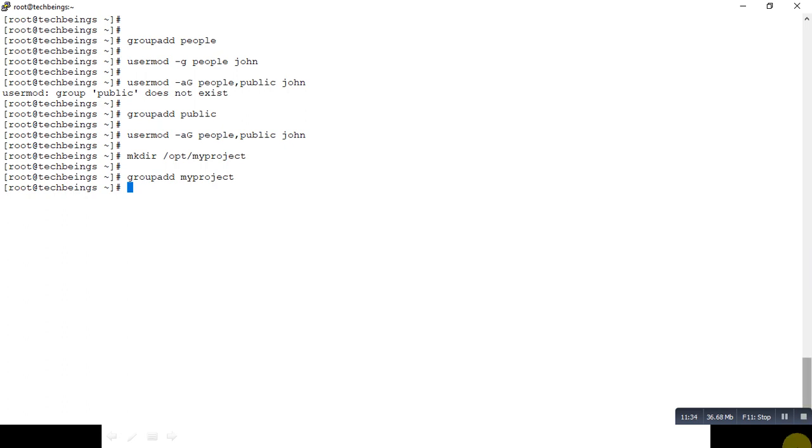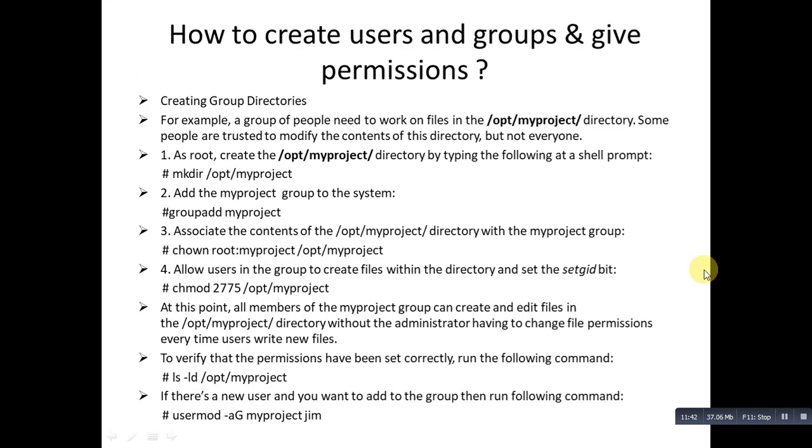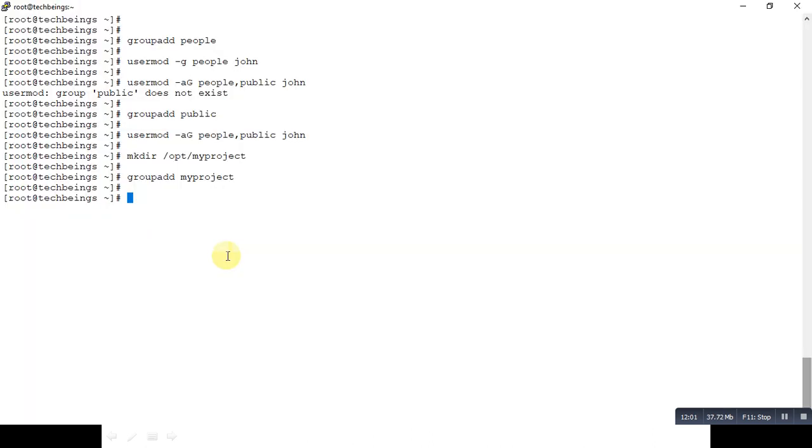Now that the myproject group is added and the /opt/myproject directory is added, I want to associate both. So I will run the command chown, that is change owner, root, then the myproject group name and the directory that I want to associate with the group.